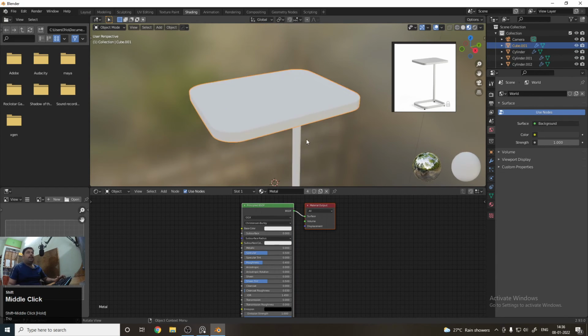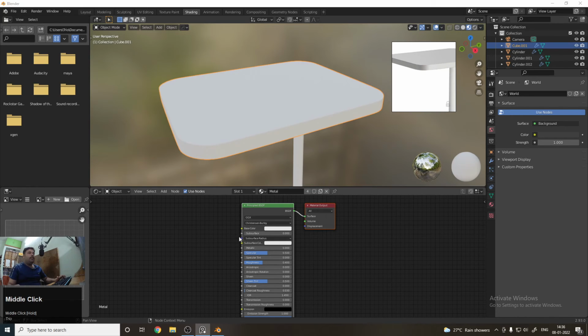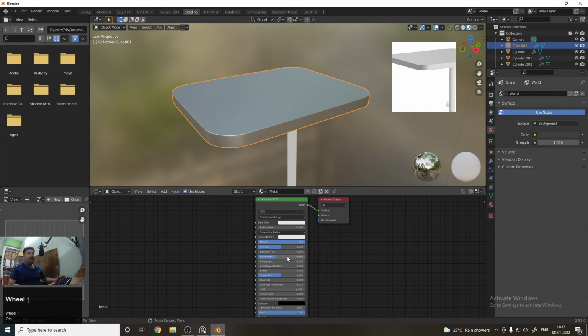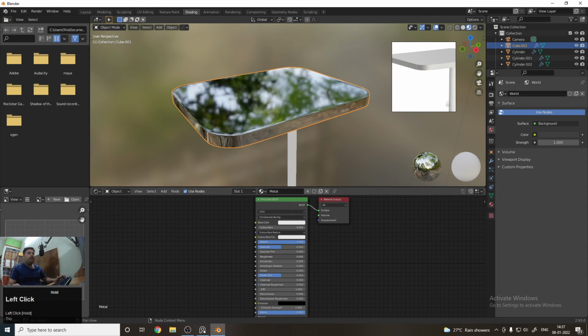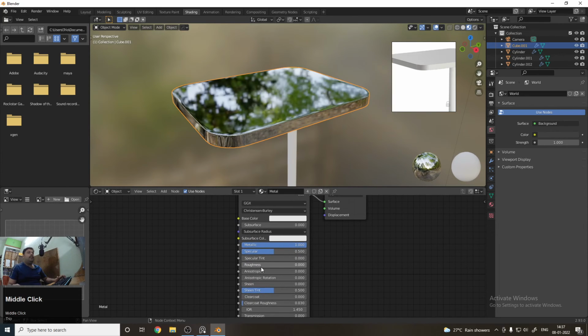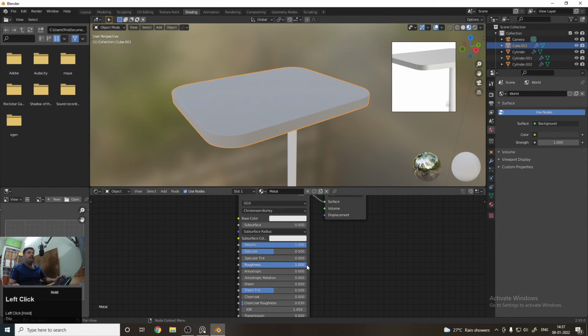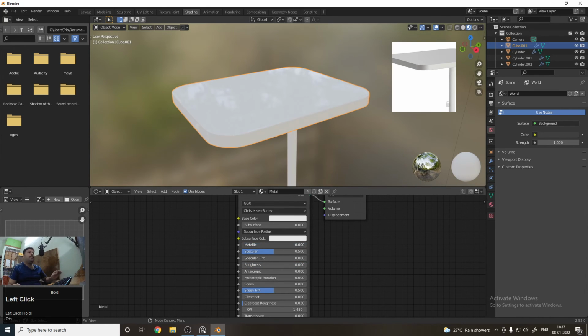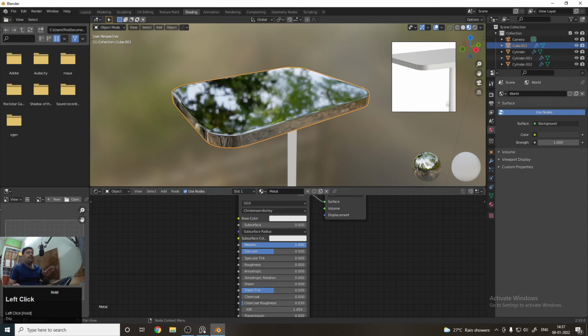And first of all I am gonna create a metal material. So to create a metal material, you just need to increase the metallic value, you can see that, and decrease the roughness if you want. So here I want to tell you that if the roughness is 0, it means it's glossy, and if the roughness is at 1, it means it's rough. And similarly, if the metalness is at 0, it is non-metallic, and if it is at 1, it is metallic. So now it is pure metallic.